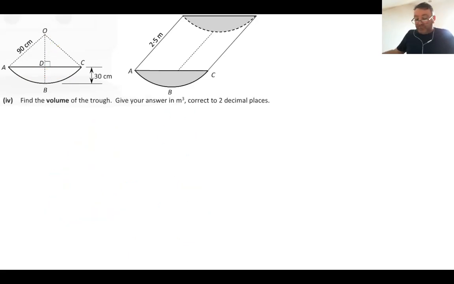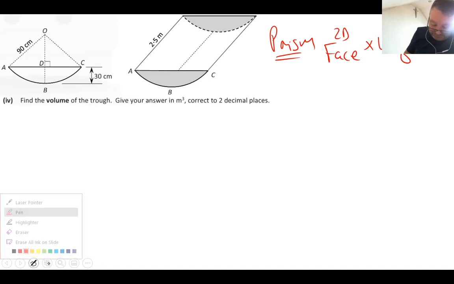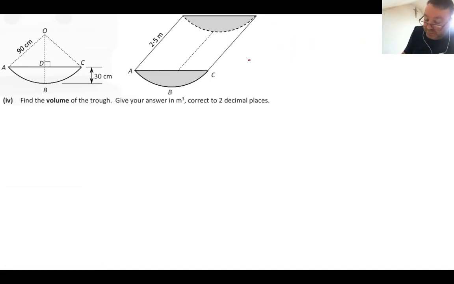Okay, so the last one then is find the volume of the trough and give your answer in meters cubed. Now again, keep in mind that the trough is now a prism, and we had that word before. A prism is nothing more than a 2D face multiplied by the length. Sorry, let me erase that. So therefore, a prism